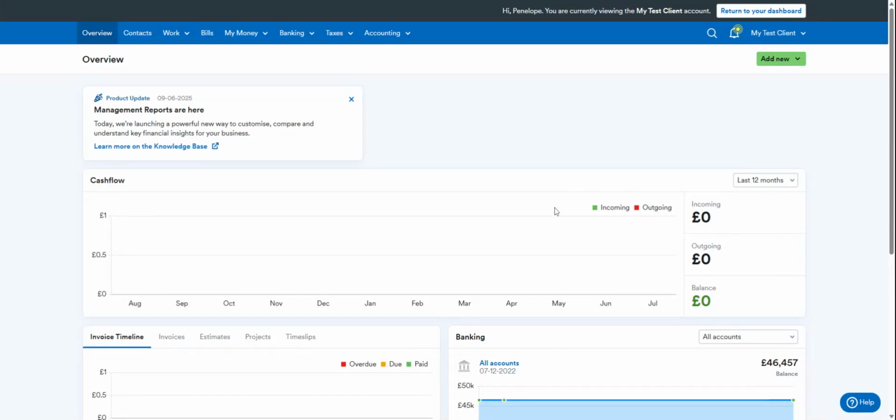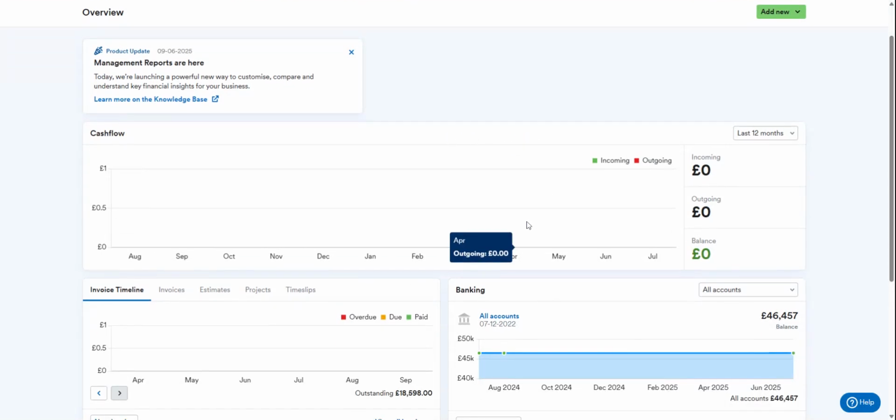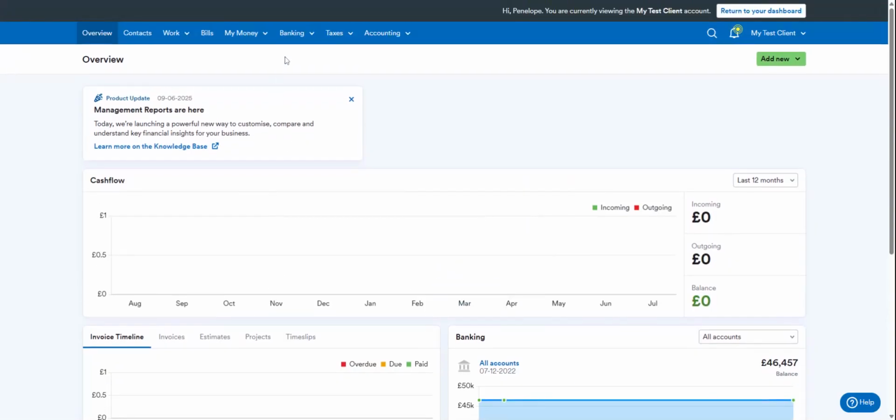So last time we looked at the settings in FreeAgent. This time I want to show you how to create a sales invoice. So you can do this from the mobile app on the phone, but if you're doing it